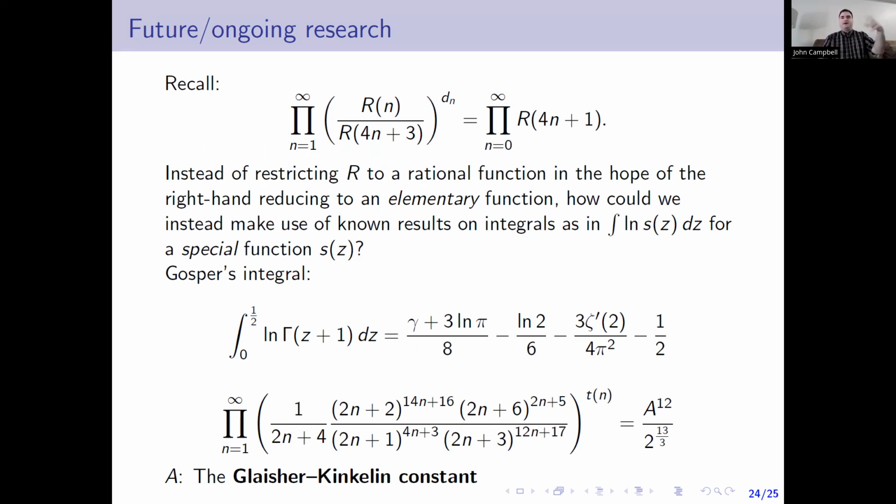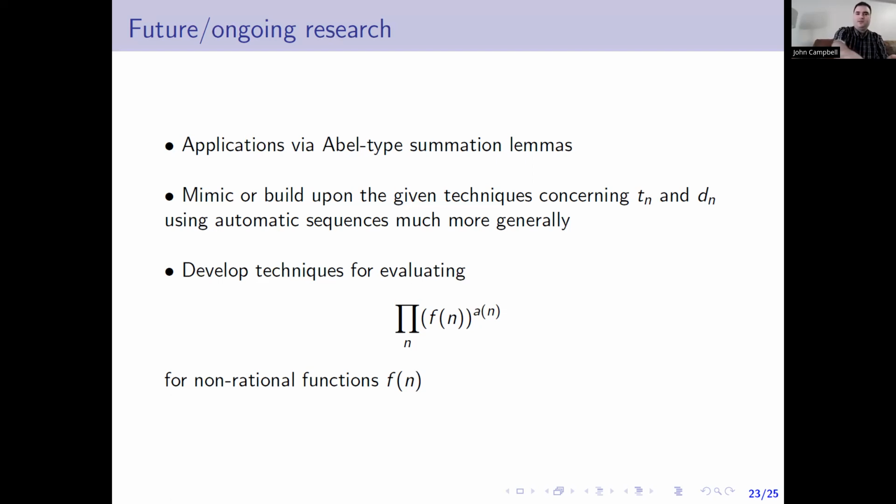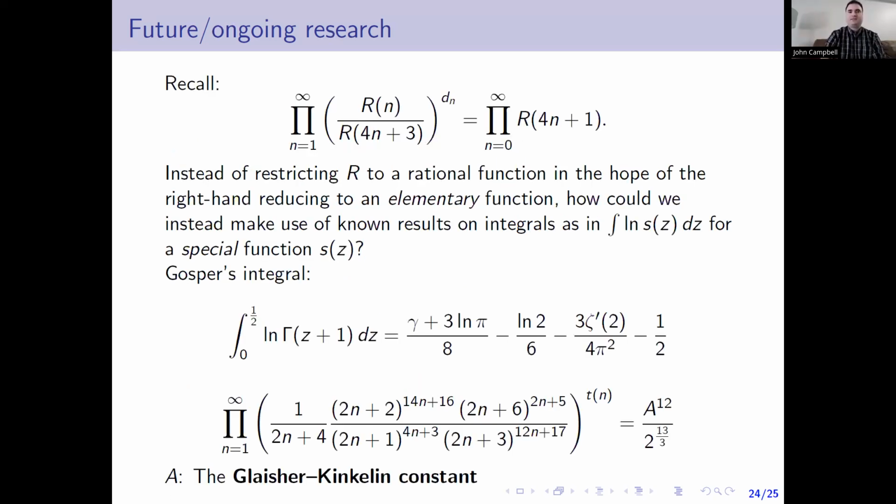some topics given in a paper that I recently submitted for publication. So if we think back to what I was describing about how there isn't very much known about the evaluation of infinite products given by a non-rational function raised to the power of an automatic sequence, this led me to consider some different ways of approaching this kind of problem. If you think of how I kept emphasizing how we would want or hope to obtain a reduction to an elementary function on the right-hand side of this identity,